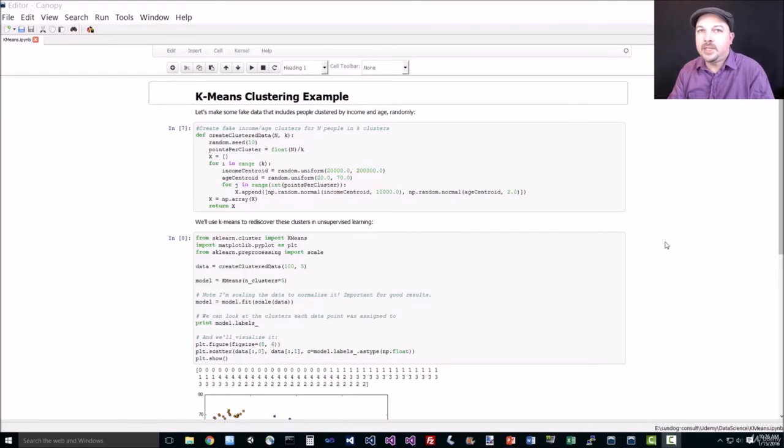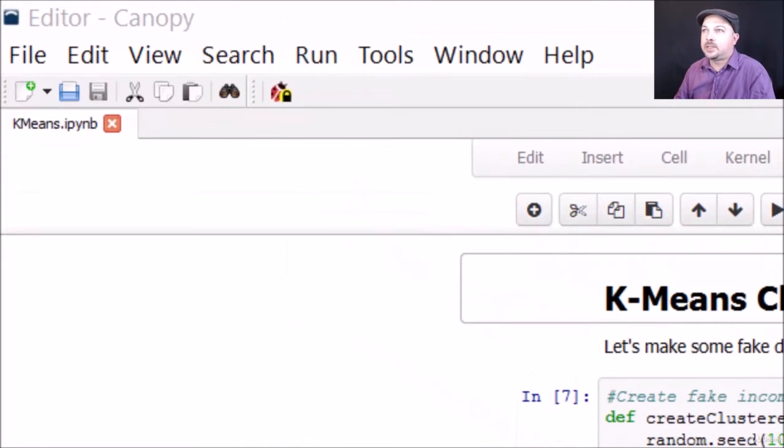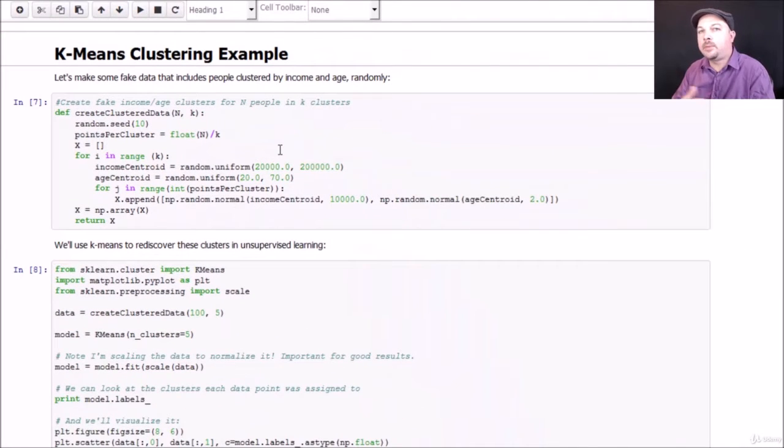All right, let's see just how easy it is to do k-means clustering using scikit-learn and Python. So the first thing I'm going to do is create some random data that I want to try to cluster. And just to make it easier, I'm going to actually build some clusters into my fake test data. So let's pretend there's some real fundamental relationship between these data, and there are some real natural clusters that exist